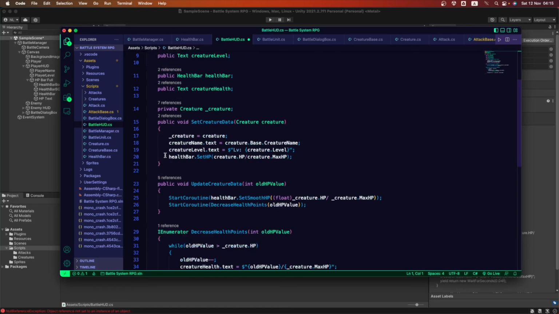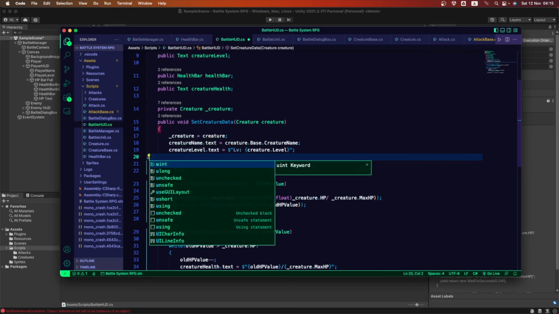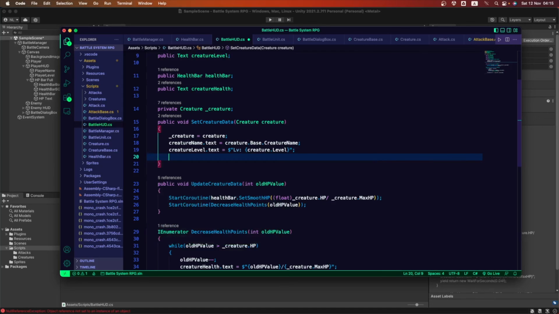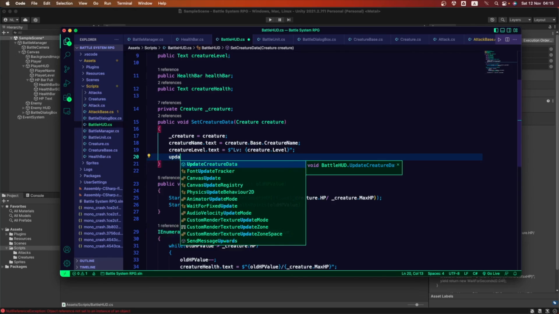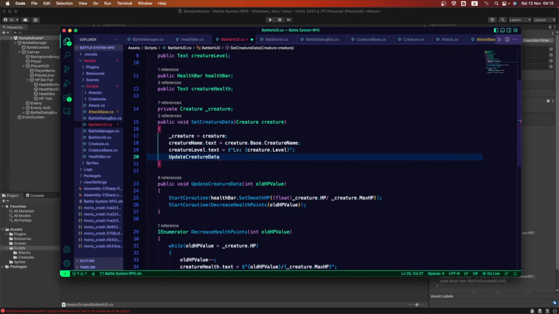Remember, we were setting the health points before with this health bar set HP method, but now we have a much more powerful method, the one we created here to update things dynamically in real time. So we're going to be using that one here.